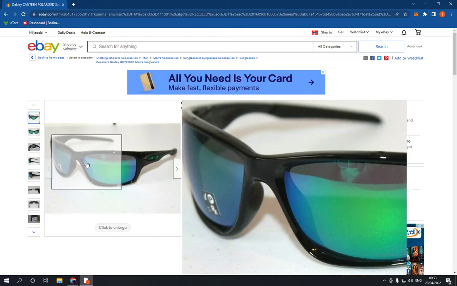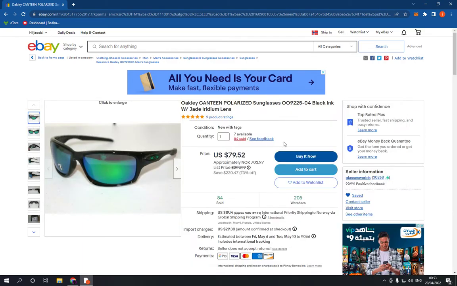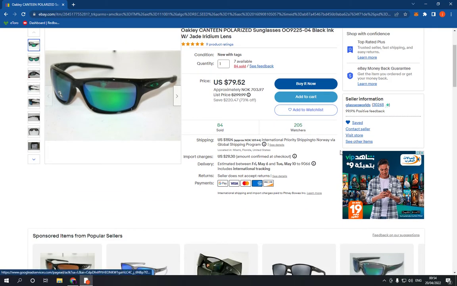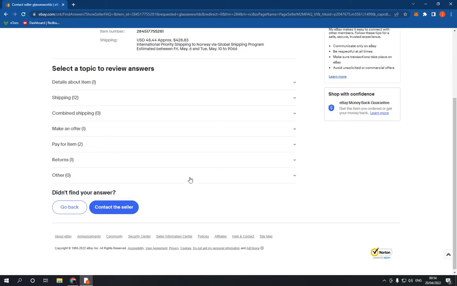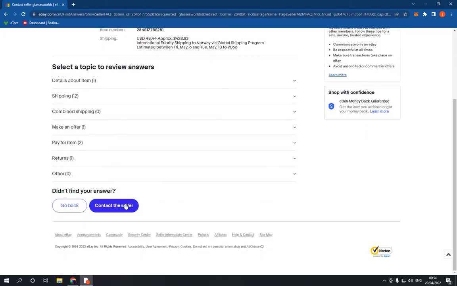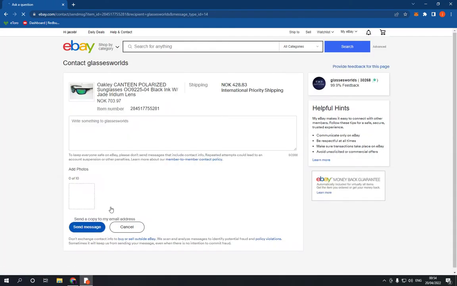All what you have to do is just go right here and on the seller information and click on contact seller. Now as you can see right here, you can contact the seller by clicking here, and as you can see here you can write a message and add the photo if you want, and then